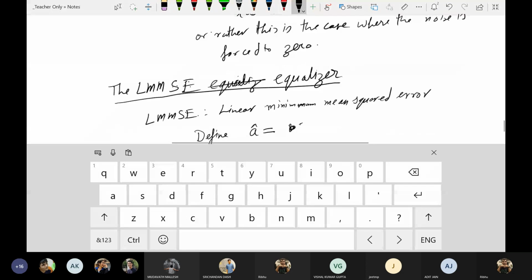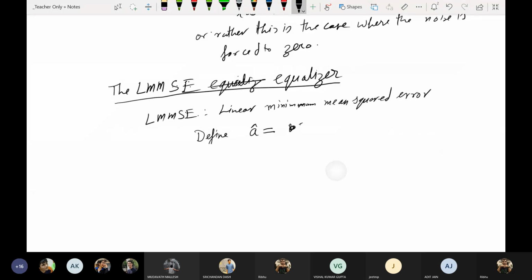We haven't used G as well. G Hermitian Y, where G is an unknown vector such that expectation of